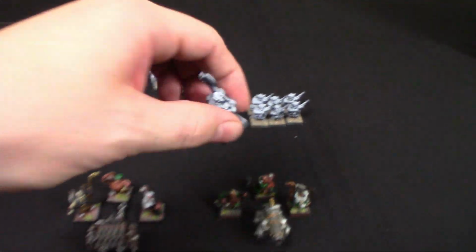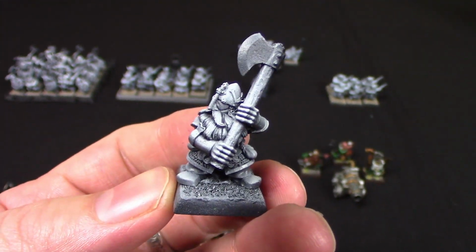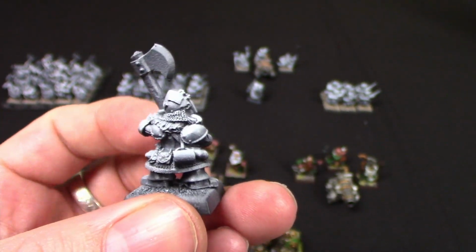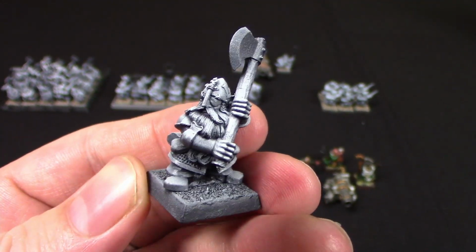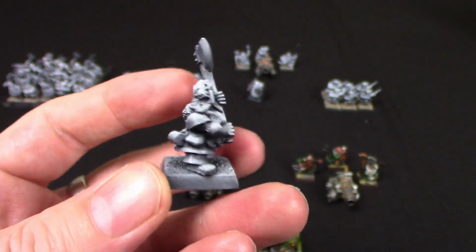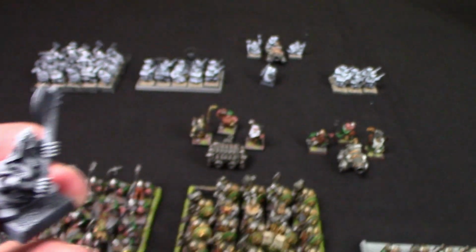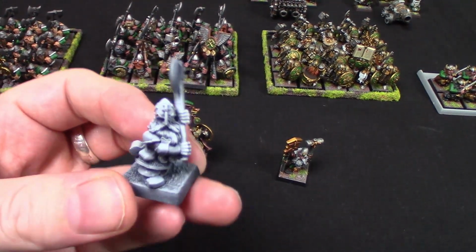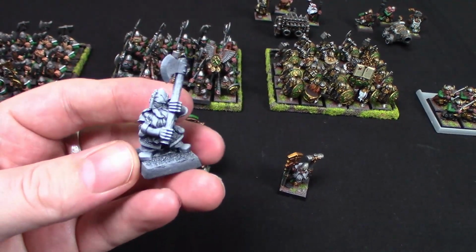This model is another one of the old metal models that I just think is so cool. He's got this real, I don't know, dwarf that's been adventuring to other lands kind of feel. The helmet is not your classic dwarf-looking helmet with its nasal piece. The big double-handed axe. Super cool. To be honest, I'll probably try and get this guy painted up to replace him as my Thane when I'm using a 1500 point army, because he definitely has a bit more of a Thane vibe to him,